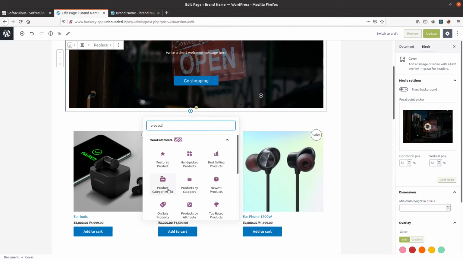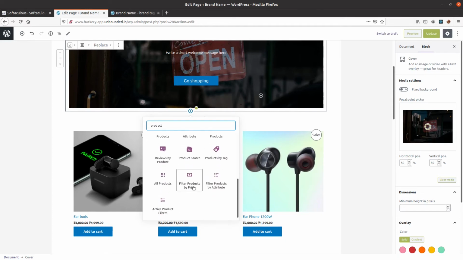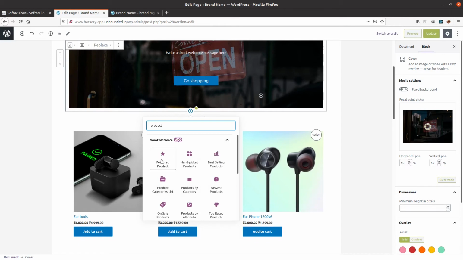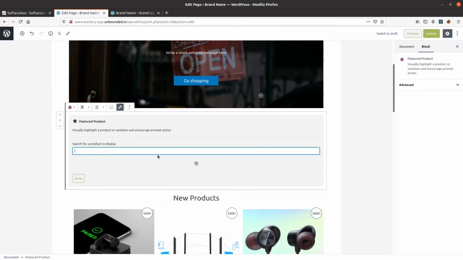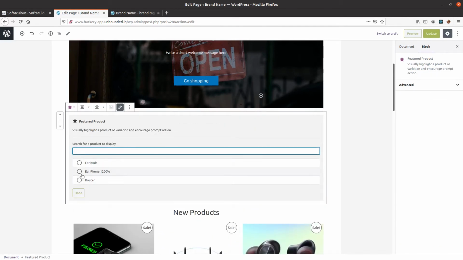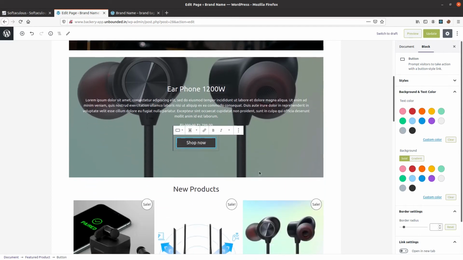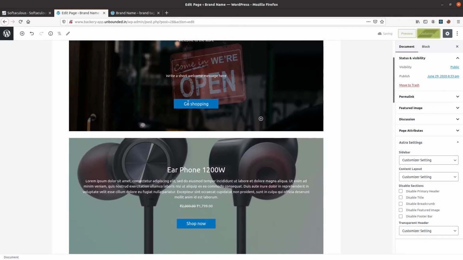So anything can be added. Again, this is about exploring. If you don't understand any of this, let's discuss in the comment section. But let's now explore how a featured product would look. It is asking which featured product you want to show on the website homepage. So I've clicked this one. That's all I need to do to add a product on the homepage.